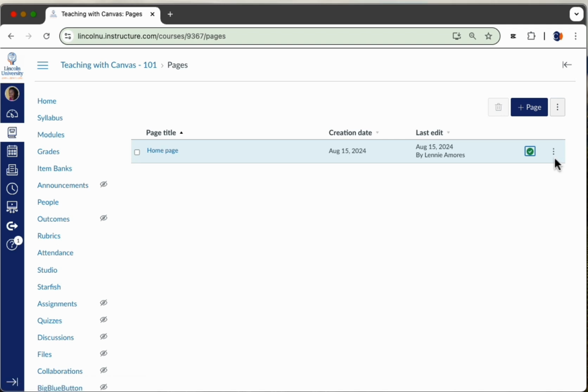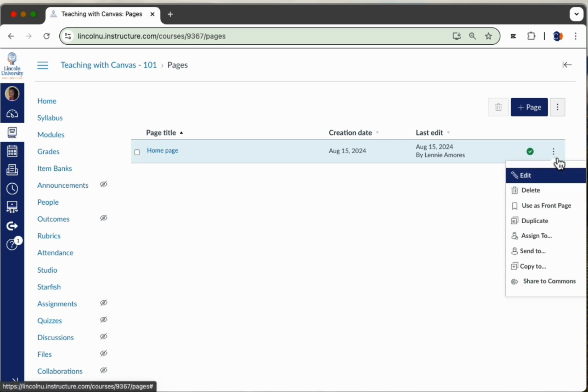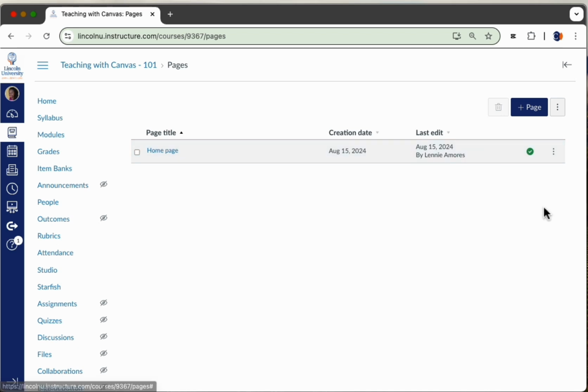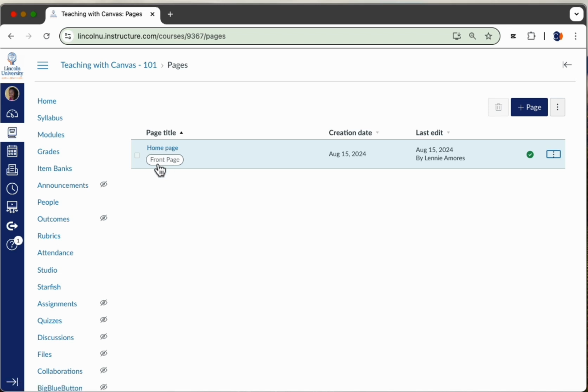And with these three vertical dots on the right side, we can go to Use as Front Page. You will see that this home page now is my front page, but I have to enable that front page through the home